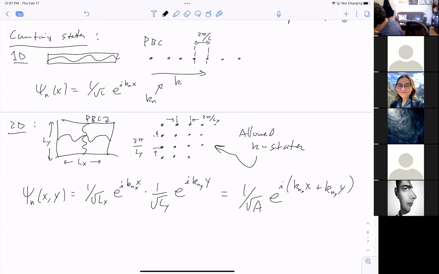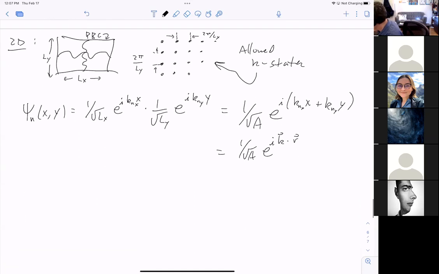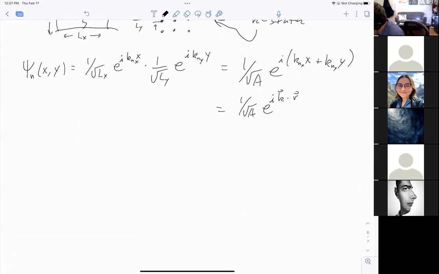All right, which I can write as 1 over square root of A, e to the i. People don't really do all this k_nx, k_ny stuff. They just will do k vector dot r vector. That's the more compact notation that everybody likes. And so then we can generalize this to 3 dimensions. We see now that the electronic eigenstates in the 3-dimensional crystal are going to look like a simple generalization of this concept, and I can write them as 1 over the square root of the volume of the crystal times